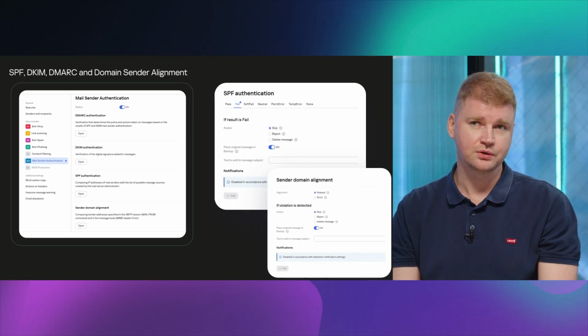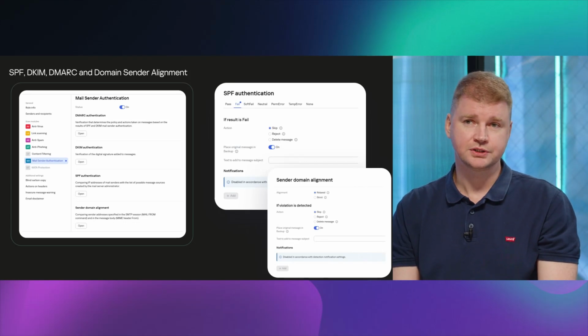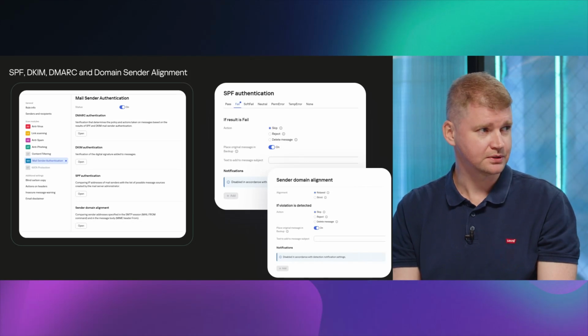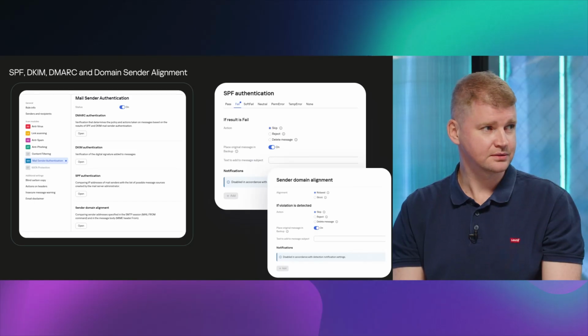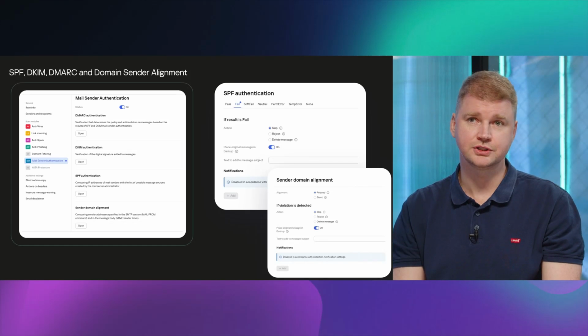For instance, the well-known SPF, DKIM, and DMARC technologies, which are actually the only methods available to authenticate the sender and reveal any spoofing attempts from attackers. In our product, we have dedicated blocks for each technology.